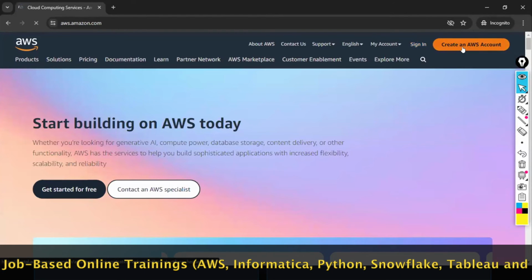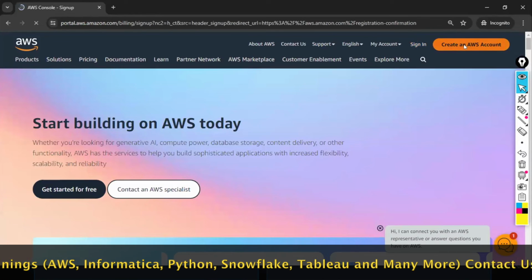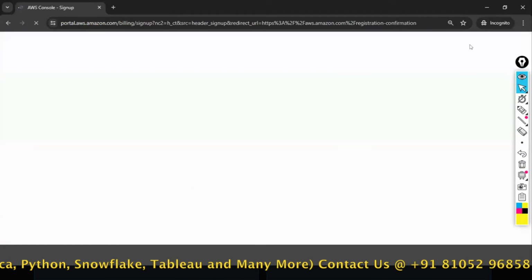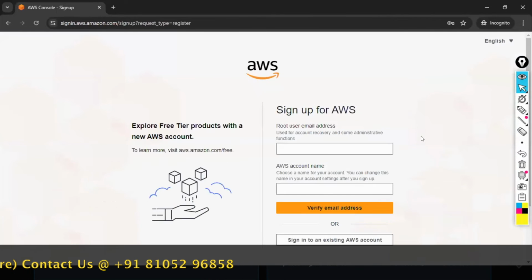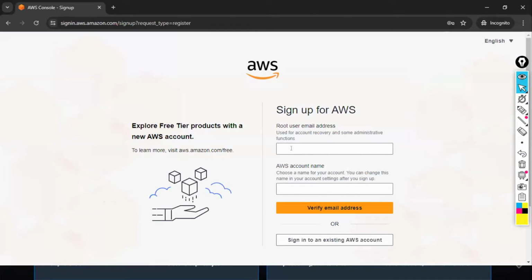Everyone, just observe here. Click on create an AWS account. This is a 5 minute process for creating an AWS account. You need to enter your email address. Everyone give your email ID, like your registered email, @gmail.com. Everyone, Google account is there, right? So give your Gmail ID, and give your full name here. It's not mandatory to give your full name. You can give your first name also. So give your name and click on verify email address.